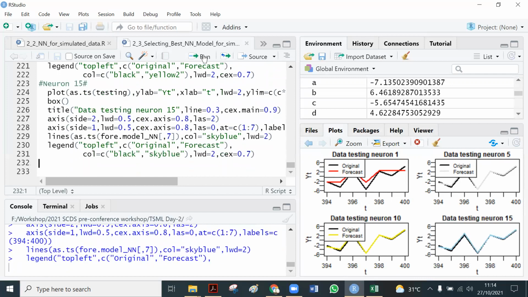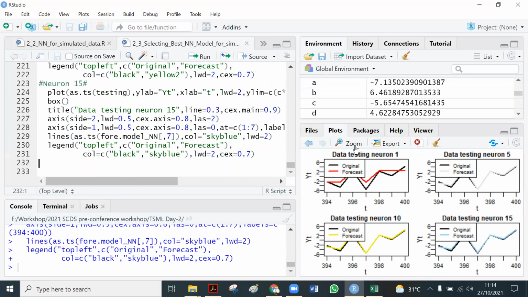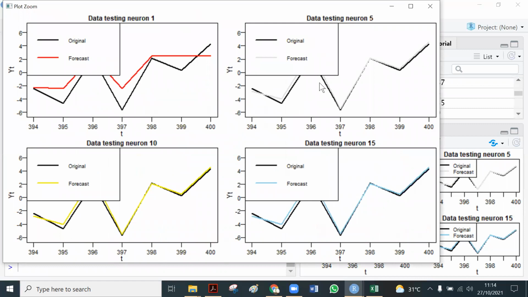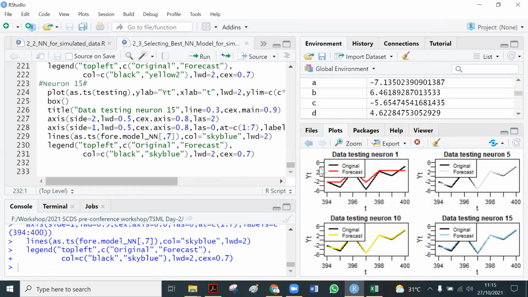Okay, this is how the testing dataset and also the forecasted value look, if we use neuron equal to 1, neuron equal to 5. I'm sorry, we should add the case where the neuron equals 3, because 3 neurons is enough. Yeah, I forgot to add that, but you can do it later.